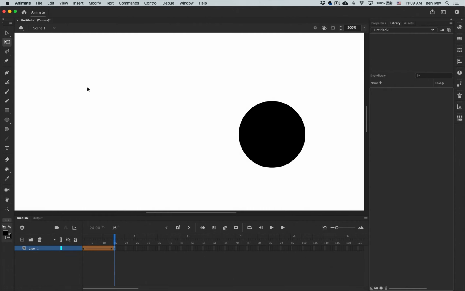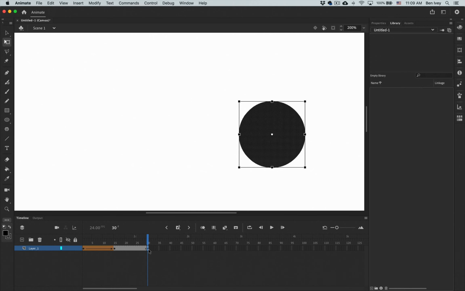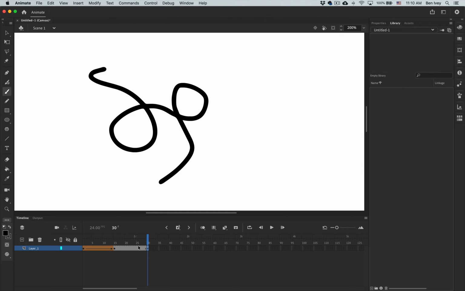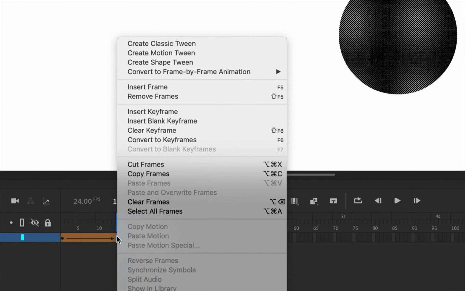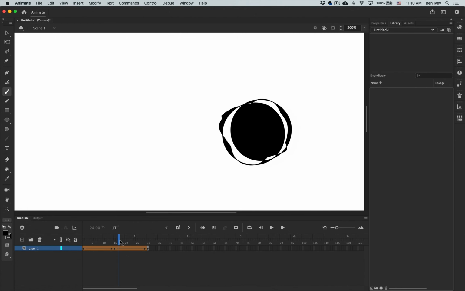Now there are some limitations to using shape tweens, and it really depends on the complexity of your drawing. Let's say, for instance, we want it to go now from a simple circle, we'll move over a few frames and add a new keyframe, to a more complex drawing like a squiggle. So in this case, I'll grab my paintbrush tool and I'll draw a squiggle of lines. So now I want it to go from here to this shape. If I create a shape tween, I can do that. You can see it still gives me my arrow,